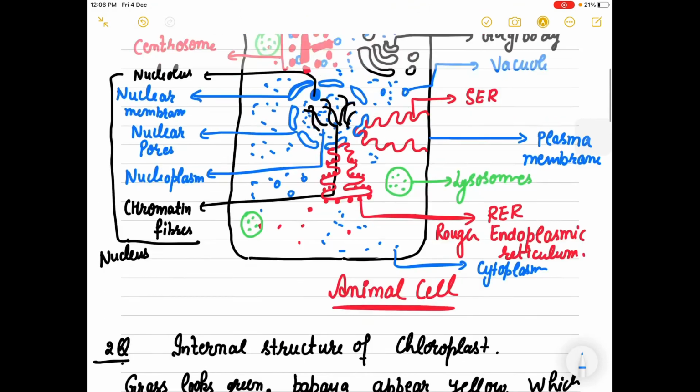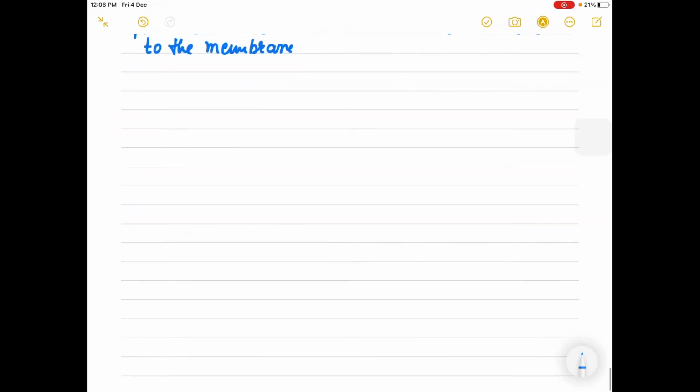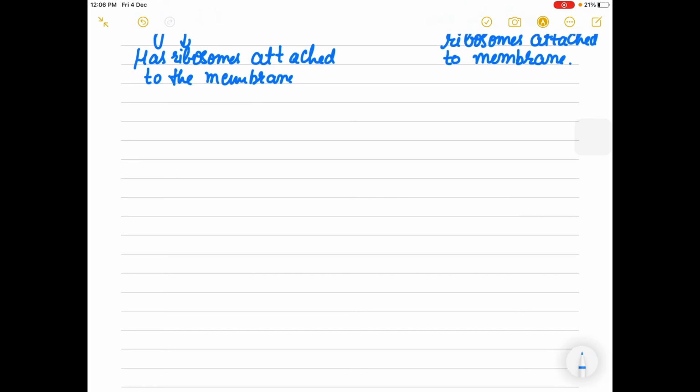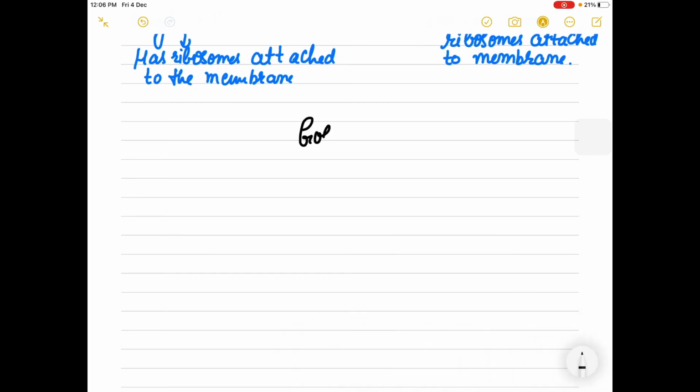So many of your questions are clear. Now you can draw an animal cell easily. Plastid is clear to us and ER is clear to us. The last structure which I have to discuss with you, that is your Golgi bodies, right? The last organelle which you need to discuss, that is known as the Golgi apparatus, or you call it the Golgi body. Now, what is the major function of the Golgi body?